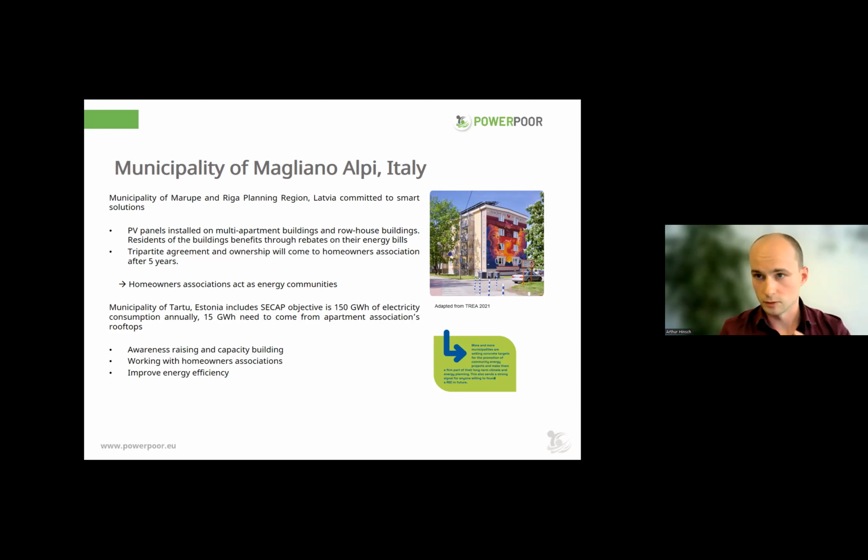That's for renewable electricity in general, and out of that, 15 gigawatt hours need to come from apartment association rooftops, which more or less in that case is a target for energy communities. In this particular country, it's very attractive for homeowners associations to bundle together and collectively engage in these kinds of initiatives. But there are also cases of this in other countries, Portugal, for instance. And in other countries it's just now